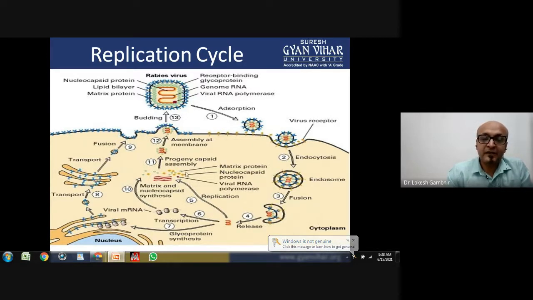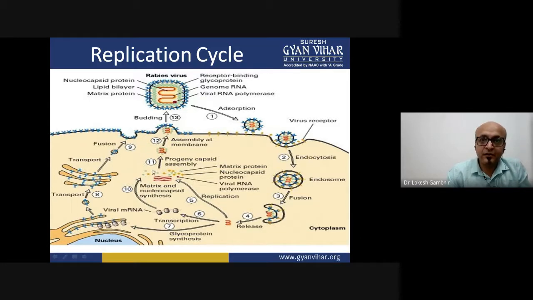When the rest of the proteins are duly formed and there is a substantial number of RNA that has been replicated, the next process is assembly. While assembling the proteins, the RNA binds to the phosphoprotein and the large protein, and it forms a matrix. When it goes to the membrane and starts the budding process, it takes a portion of the lipid membrane of the host cell, which is rich in the glycoproteins that were formed inside the endoplasmic reticulum.